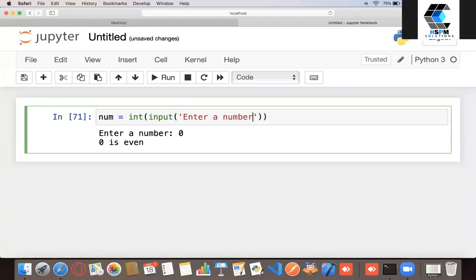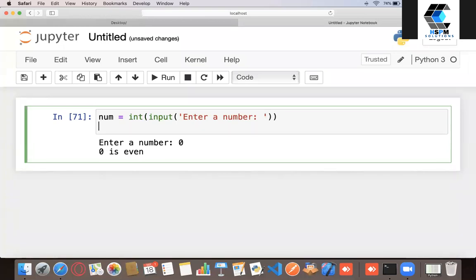Enter the number. That's great. Now I want to see if that number is less than 5. I want to say high, or less than 5, anything. If it's between 5 and 7, I want to do something else. And if it's greater than 7, I want to do something else. So if my number is less than 5, I want to say high.